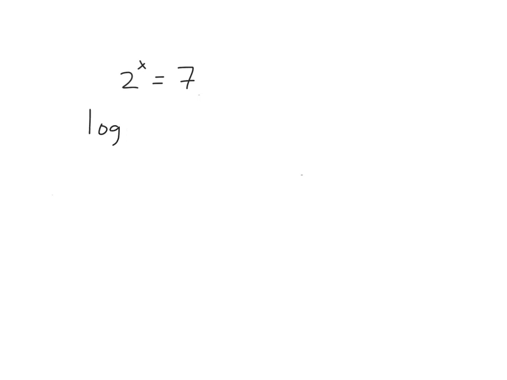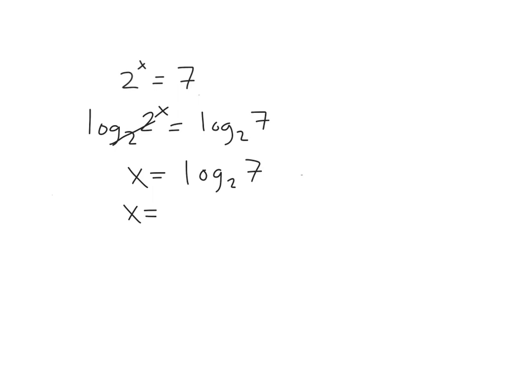And let me actually write this on either side. So I'd have log base 2 of 2 to the x, but what I do to one side, I do to the other, and I'd have this. Now remember, the log base 2 will simplify with the 2 and leave you with x is equal to log base 2 of 7. Okay, and of course that doesn't simplify, and so you would type log base 2 of 7 in your calculator, and you should get roughly x is equal to like